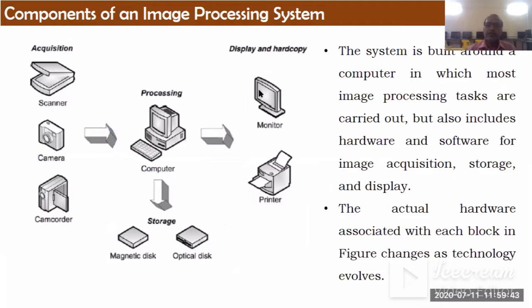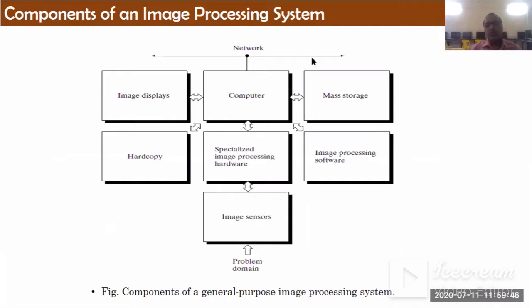Now actually, in the book, this will be our diagram. So both are the same. Here there are some inputs and some outputs. See, image sensors. The image sensor is used to sense the image, to detect the image. It has some specific image processing hardware around it. From that image sensor, it may be a camera, it may be a scanner, whatever it may be, by using that hardware, the image will be acquired, sensed, and sent to the computer system. Now image display and the hard copy.